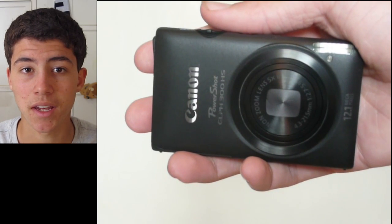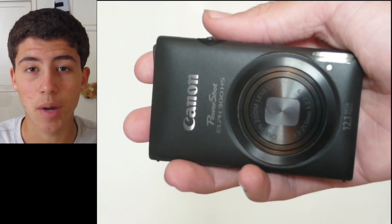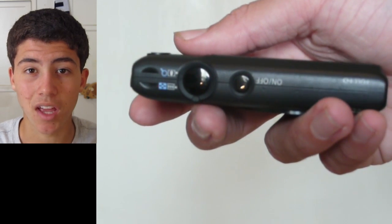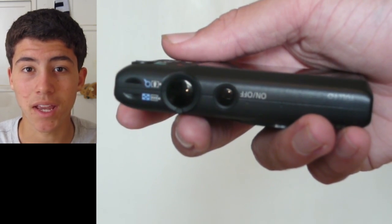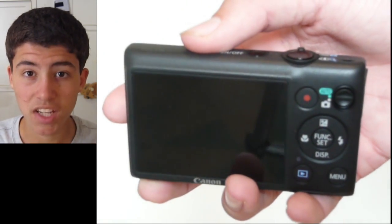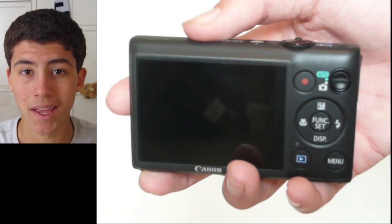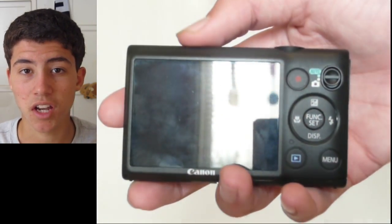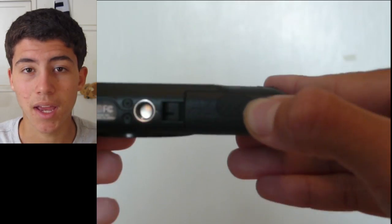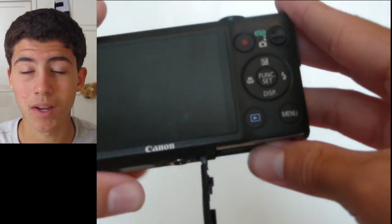So let's go over the design of the Canon PowerShot. On the front, all you get is the Canon logo, the lens itself, and the flash. On the top, you get the camera button, the zoom in and out, as well as the on and off button. On the back, you get a 3-inch diagonal screen, all the menu function buttons, a dedicated record button, and the playback and menu buttons. On the side, you just get the micro USB port as well as the HDMI. On the bottom, you get a universal tripod adapter screw and the opening for the battery and the SD